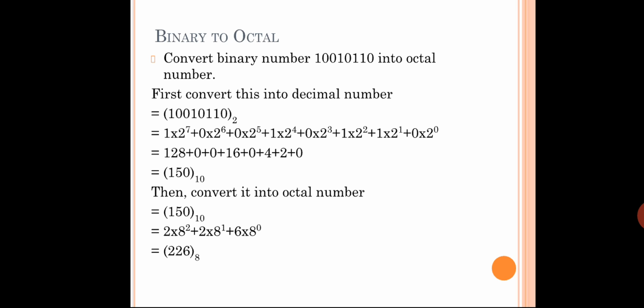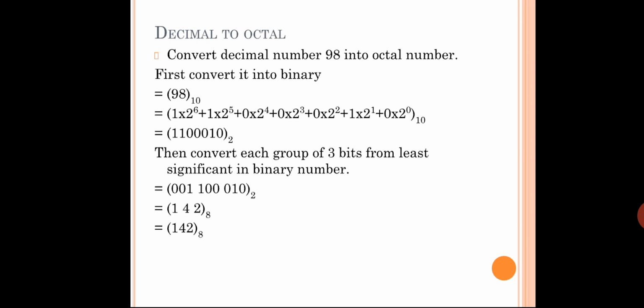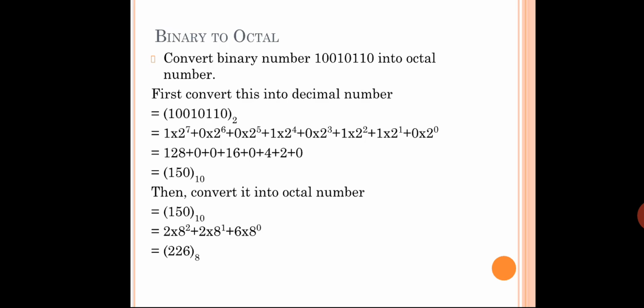Fine. How then to convert? See, can you see in the bottom how they convert it into octal number? 150 directly they have gone for 226 to the base 8. How have they gone for it? Same. You can follow the step of decimal to octal. In the same step you can follow. Instead of going for 98, they have gone for 150. Where is it? 150. Fine. So same thing. If you are stuck anywhere, if you have any doubt, you can get back to me.